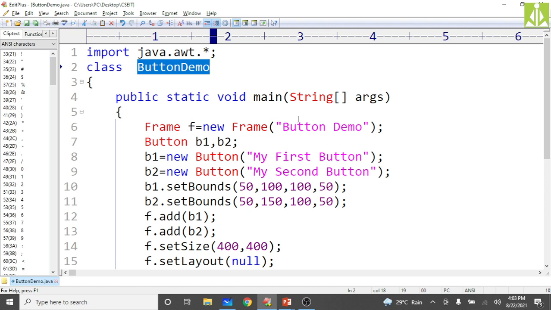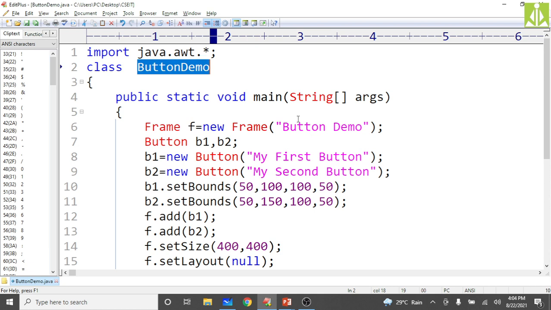So how can we get text boxes or text fields? We call them text fields here in Java. In web technologies, in your HTML, you call them text boxes, but in Java we call them text fields.